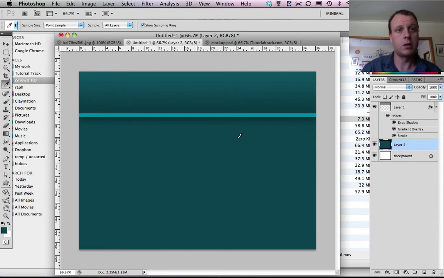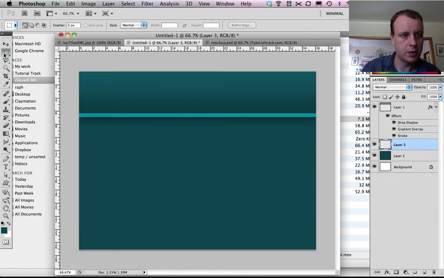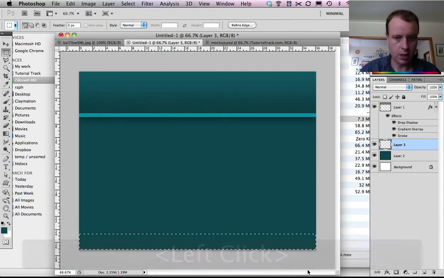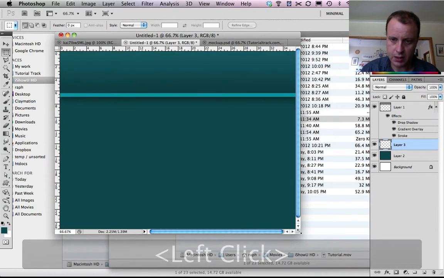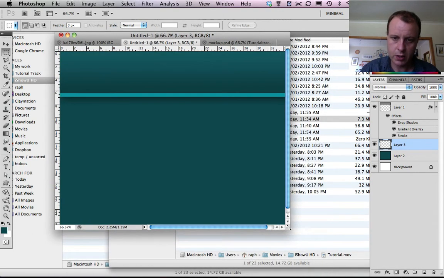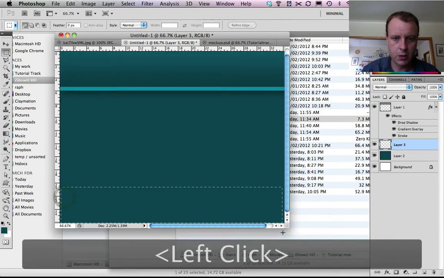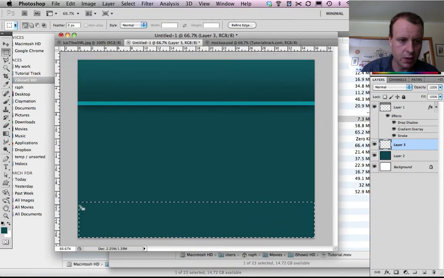We've got a sort of a footer to put in, so we'll create a new layer for that, and this is a similar process to before. We're just going to use our rectangular marquee tool, this one here, and put in a strip down the bottom. So be aware at this point I've got a bit of space around the outside of my window. If you can't see your whole window like this, I've just shrunk my window down, it's difficult to get this strip all in one selection, so you might be able to see on your screen I've just missed a little bit